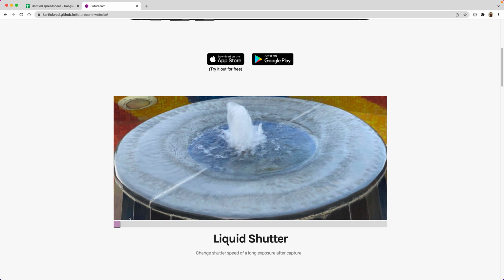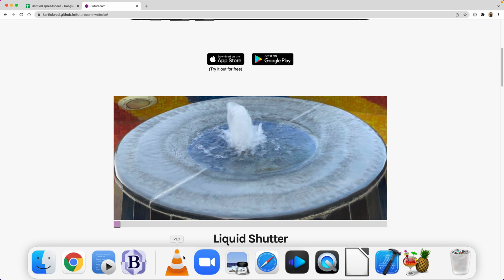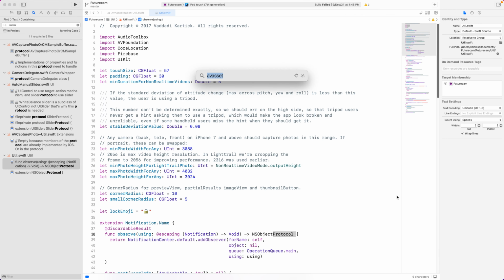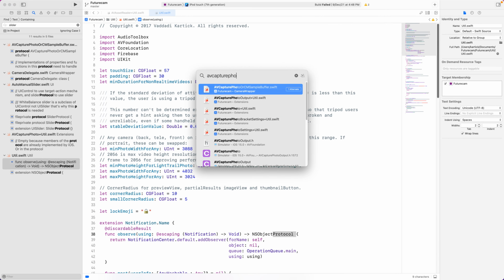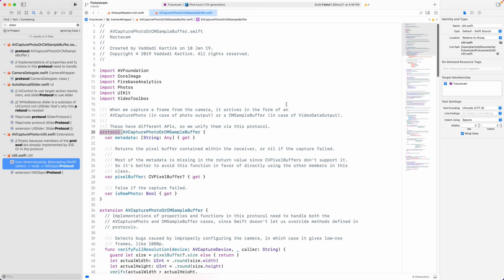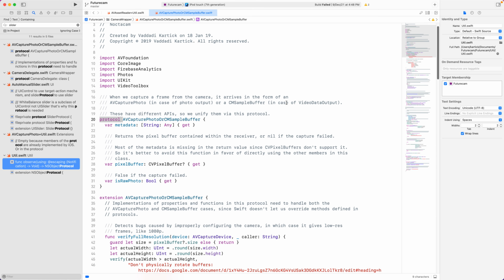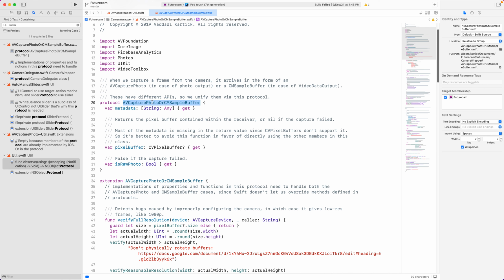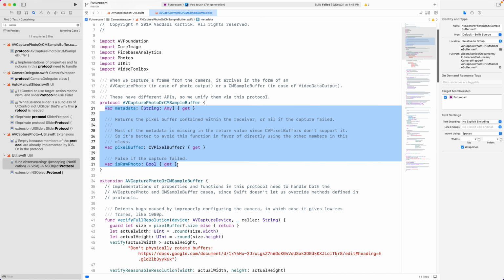And how do we use them effectively? The classic use of protocols is when you have two classes that you wish to handle in the same way. For example, this is a protocol. It declares these three functions. In this case, these are getters, but it could be any function.